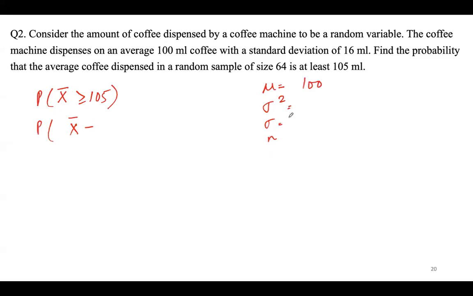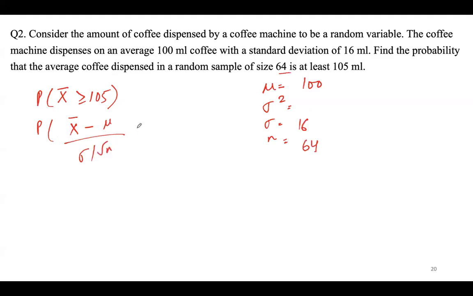What is sigma? What is sigma square? Sigma square is 16 square. Sigma is 16. Good. And n is 64. Okay. So what we are going to do is again subtract mu and divide by sigma by root